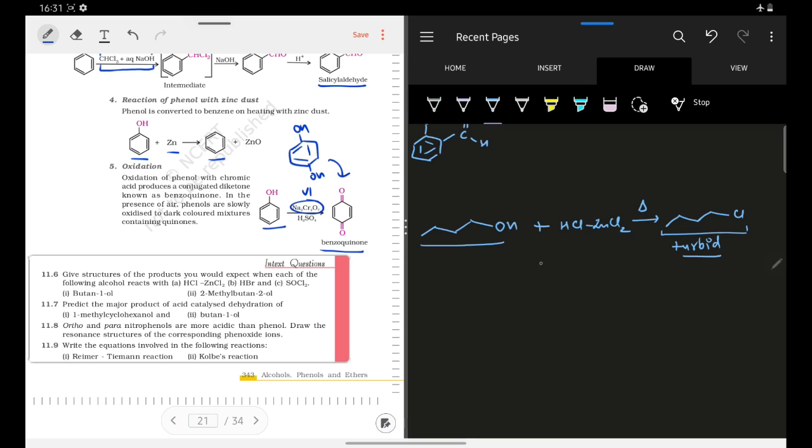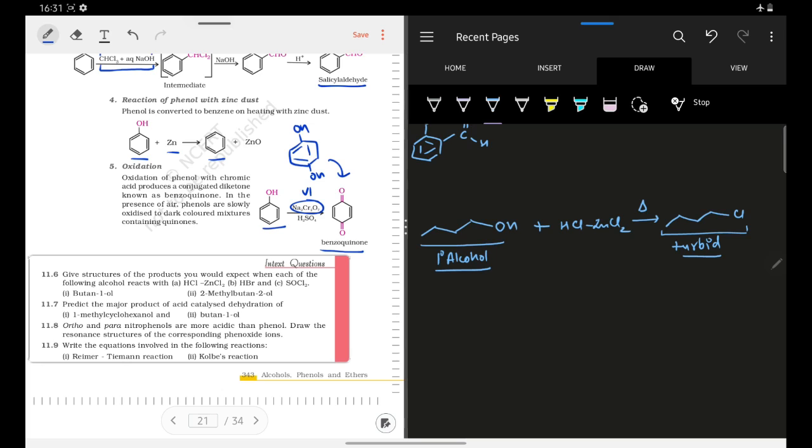So here we have to heat this reaction, right? After heating we will obtain the turbidity. Unless you heat it, I don't think the turbidity will be that fast, right? Because the alcohol that we have is a 1-degree alcohol. If they had given you a 3-degree alcohol, the turbidity would have been quick, right? It would have been instantaneous.